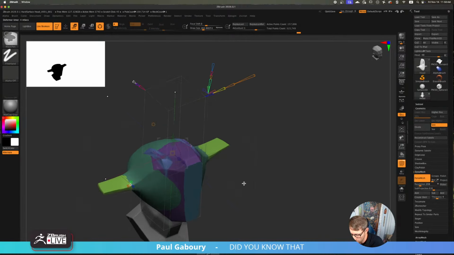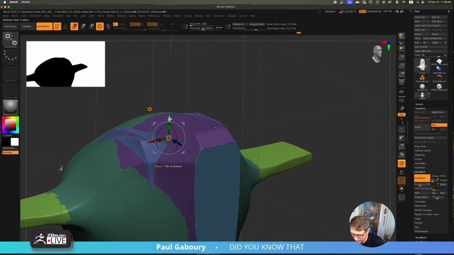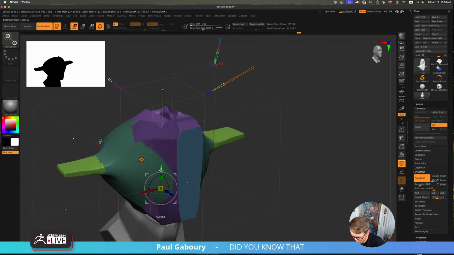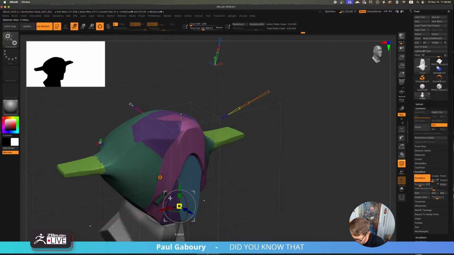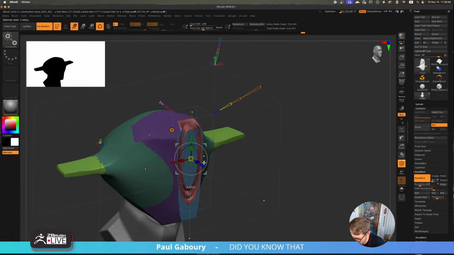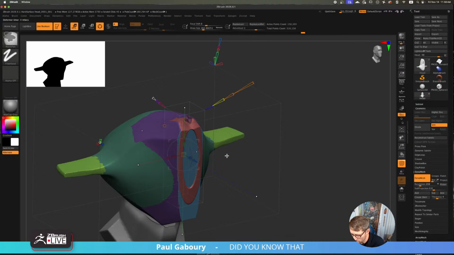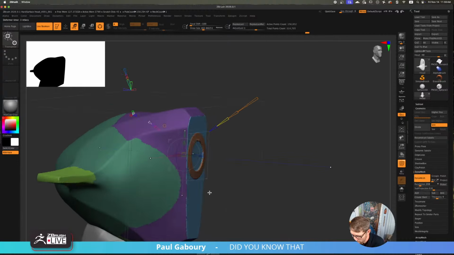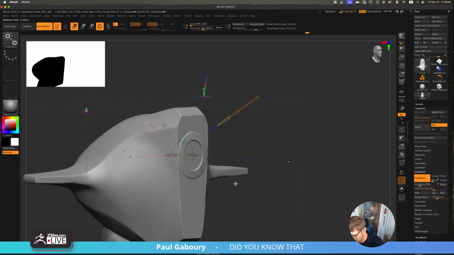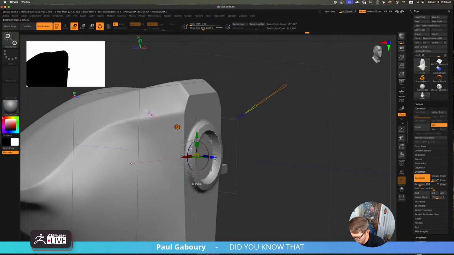Now it's looking to just blend in to the existing mesh, right? So as I move this around, this is going to become important. If I come more forward and then size it down a lot more, this is now going to start projecting this spherical, this torus shape into my model. So now this is actually projecting into the surface, right? It is now becoming part of the surface for me.